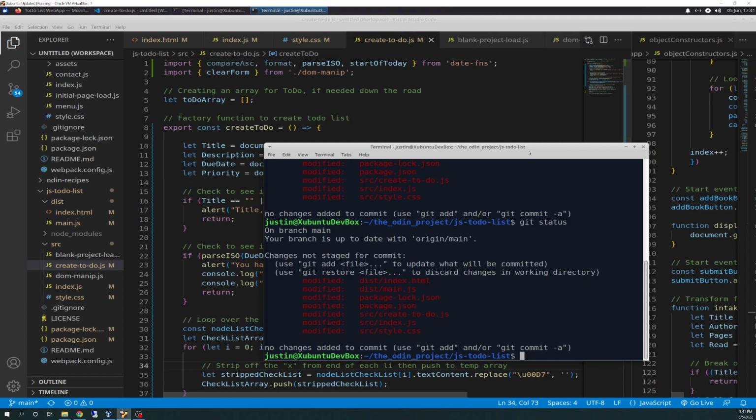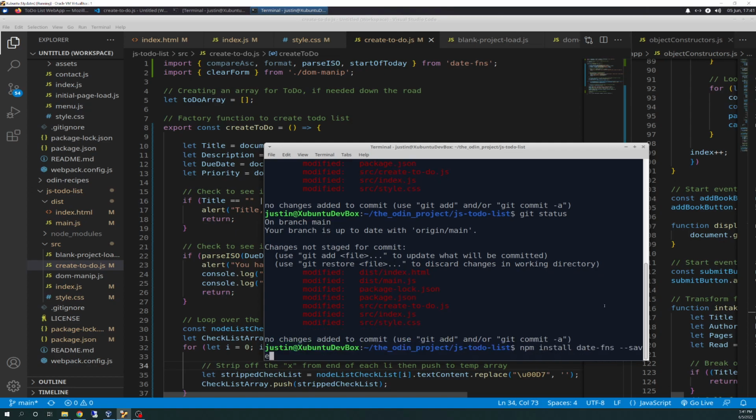I have the terminal up here. It's really simple to install. I've already done it, so I won't do it again. You simply type in npm install date-fns --save, and that just uses npm to install the package, and it works really great with Webpack and